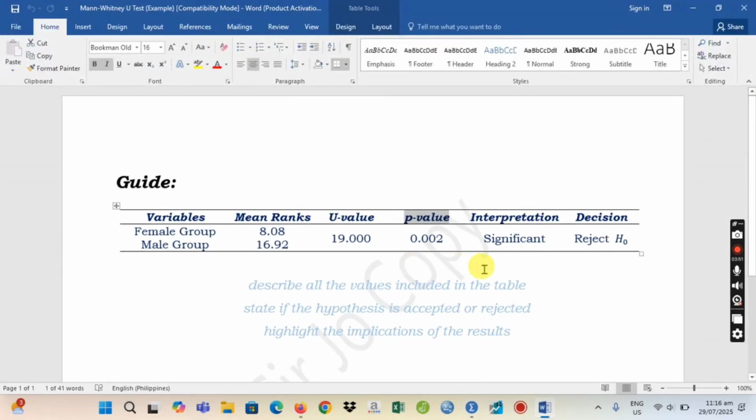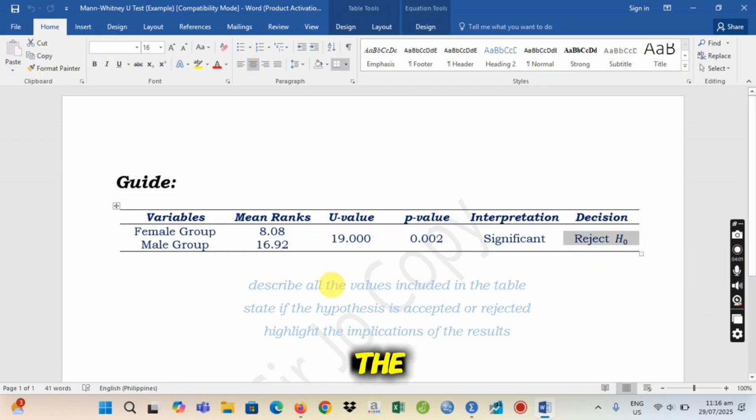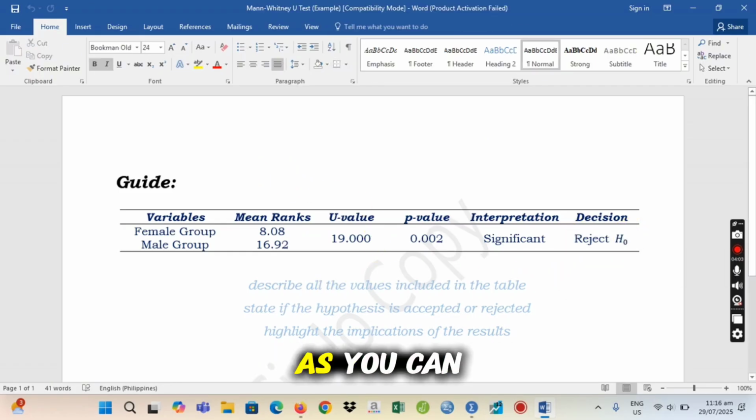Since the p-value is less than 5%, it is significant, and we have to reject H0, or the null hypothesis. As you can see, we have similar results still. In this set of data, the male group performed better than the female group in the math test. So you are going to use these values for the discussion.